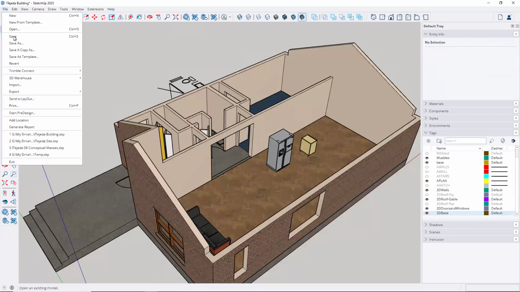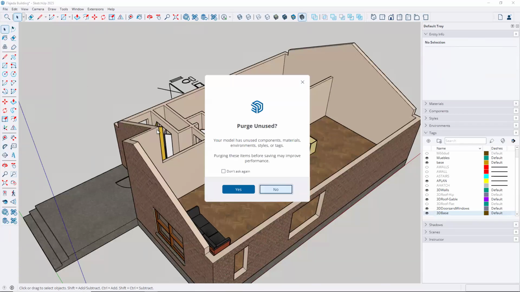So File, Save, and then oh, I'm glad this question comes up. You see where it says Purge Unused? Now that you are starting to bring in a lot of information, a lot of these 3D models from the warehouse, now's a good time to purge them out. So it says it has unused components, materials, environments, and all this. Purging them may improve performance. You can say yes. However,